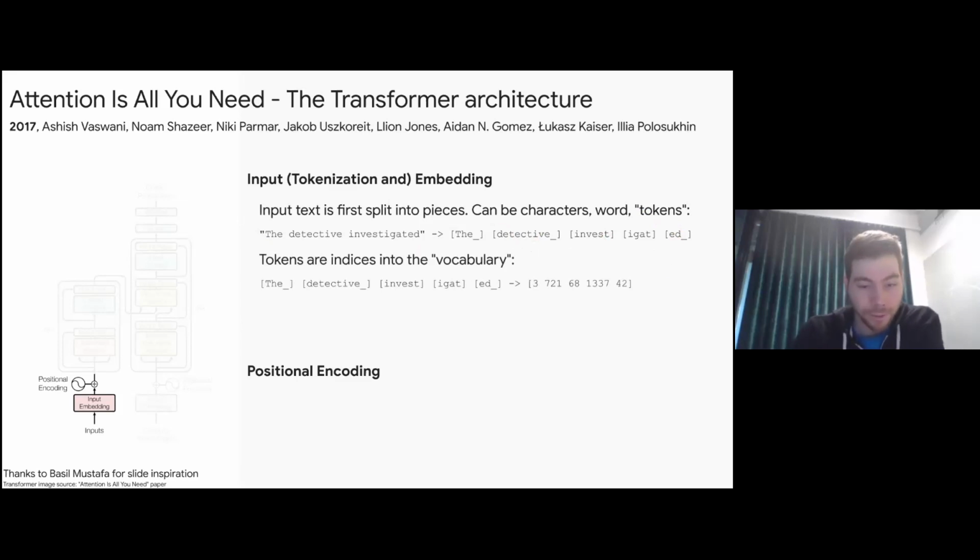Then the next thing that is done is you need to define a vocabulary of all tokens that exist in your setting. This can be quite large. Typical sizes are 32,000 or sometimes 250,000, for example. And it's just a list of all of these tokens. Each token can be turned into an index in this list. Often it's ordered with the most frequent coming first, but it doesn't really matter. So for example, the can be turned into the number 3. Detective can be turned into the number 721, and so on and so forth. So now we have already turned the text into a list of integers from the vocabulary.